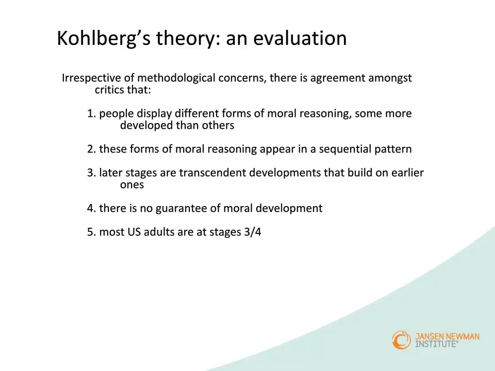The other things from Kohlberg that I think are generally accepted, and I certainly accept, is the idea that moral reasoning does come in different stages, and that those stages occur for a person and perhaps for a society in a sequential form, and that the later stages build on the earlier ones. They don't replace them, they expand them. And also, the other point that Kohlberg made is that there's no guarantee of moral development.